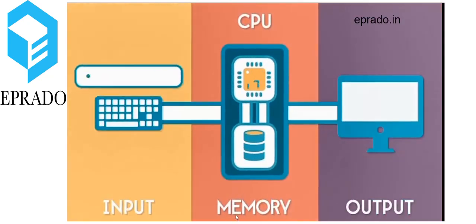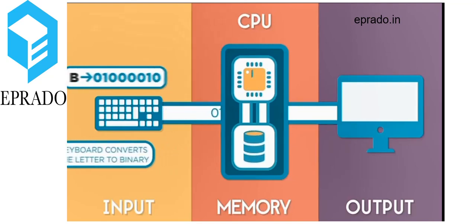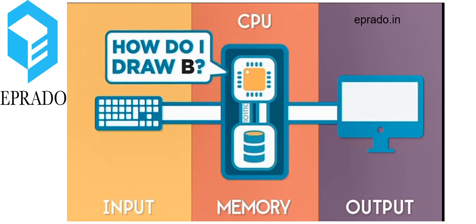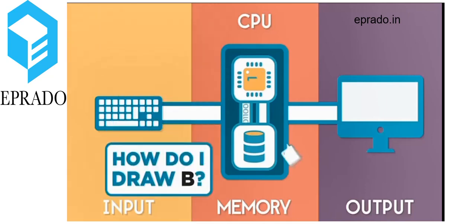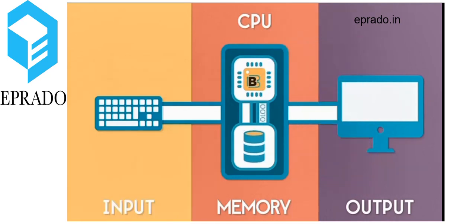Input, memory, output. This means whatever we type on the keyboard is converted into binary numbers, and the CPU processes these binary numbers and provides an instruction to the memory. These instructions are stored in the memory and then provided as output on the screen, so that the instructions are